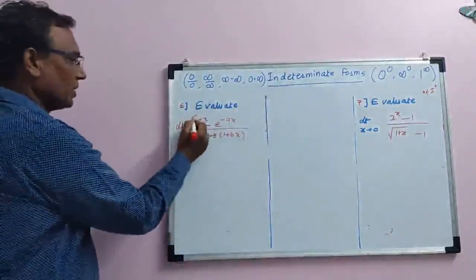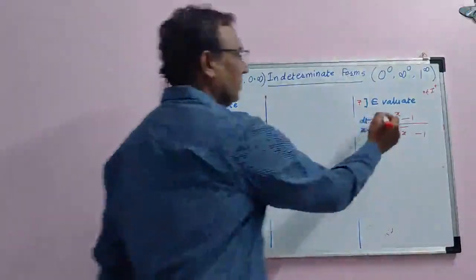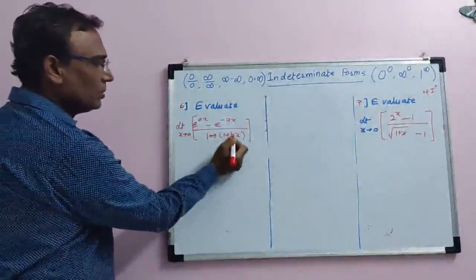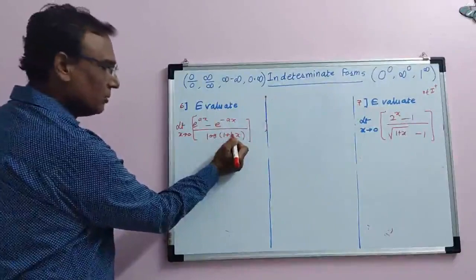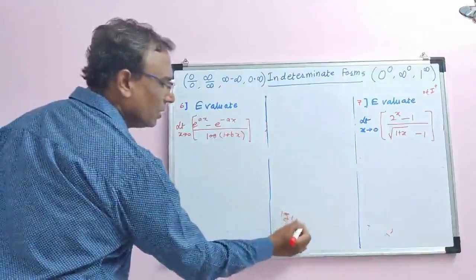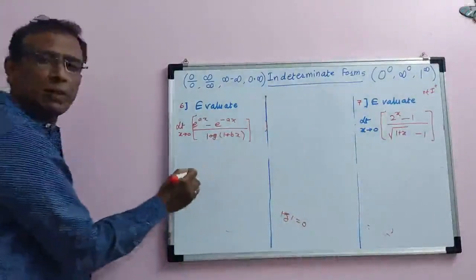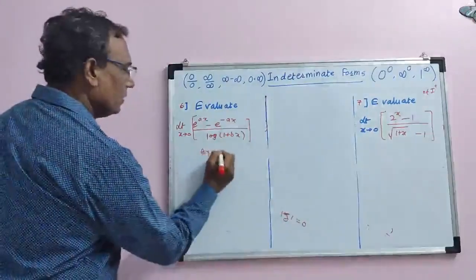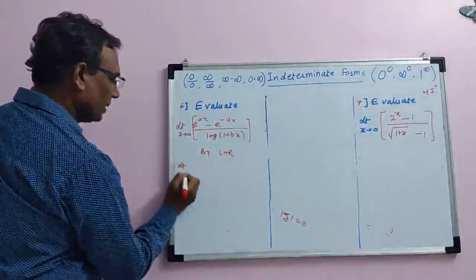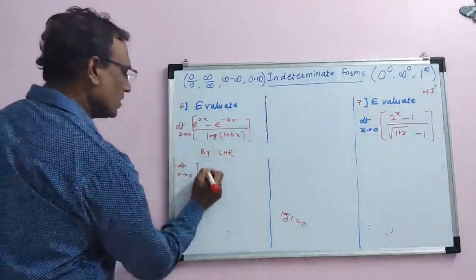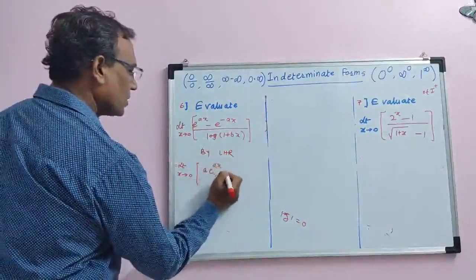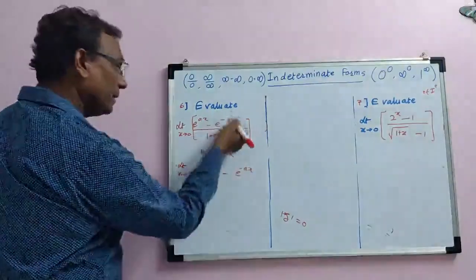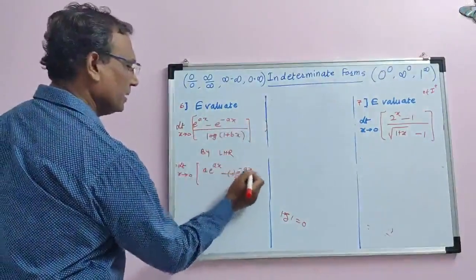Evaluate limit of this function and limit of this function. You need to check the form. If you put x equal to 0, 1 plus 0 will be 1 and log of 1 is 0. If base is not written, then by default it is a natural log and base is e. Now by L'Hospital rule, take derivative of numerator and denominator separately. What is derivative of e raised to power ax? E raised to power ax multiplied by a. Derivative of e raised to power minus ax is e raised to power minus ax multiplied by minus a. Here you can write plus a directly.